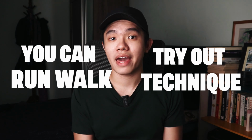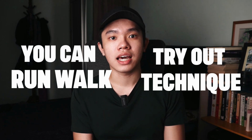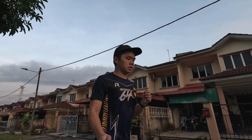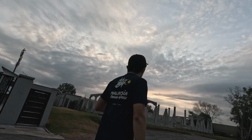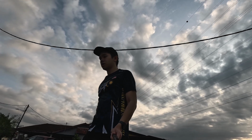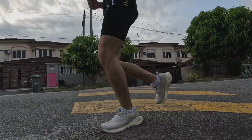going. The technique I think will be helpful for you is the run-walk technique. Incorporate intervals of running and walking in your training. Running continuously can be hard for beginners, but it can be your first small target. And by having walking as a recovery period in between running, it will make your training feel more comfortable and